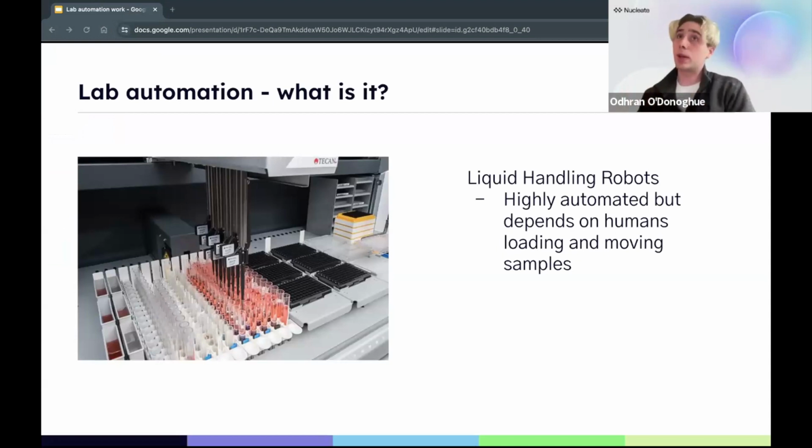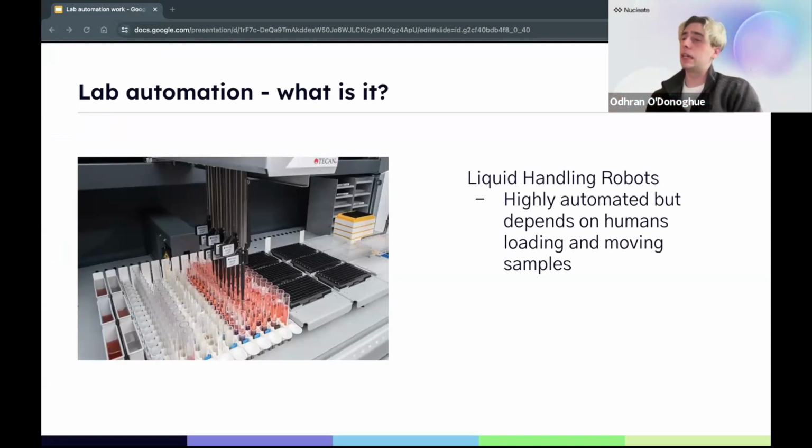Anyways, let's keep going. Lab automation, what is it? Hope you can hear me clearly now. We've had lab automation arguably since the 80s. People have got liquid handling robots moving liquids around. This works great for things like high throughput screening. If you want to screen a substance against like 2,000 little drugs, you can do this. Pharma's been doing it for years. There's no real issue with it.